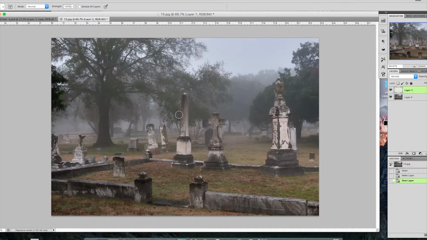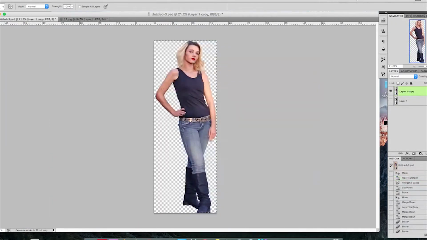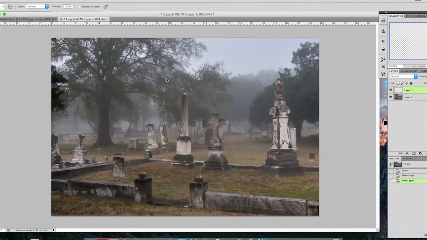So the first thing I'm going to do is take this picture of me, select it, and copy it. I'm going to take it over to this picture. This is a stock image I got off the internet of a graveyard. I think this picture will work really well